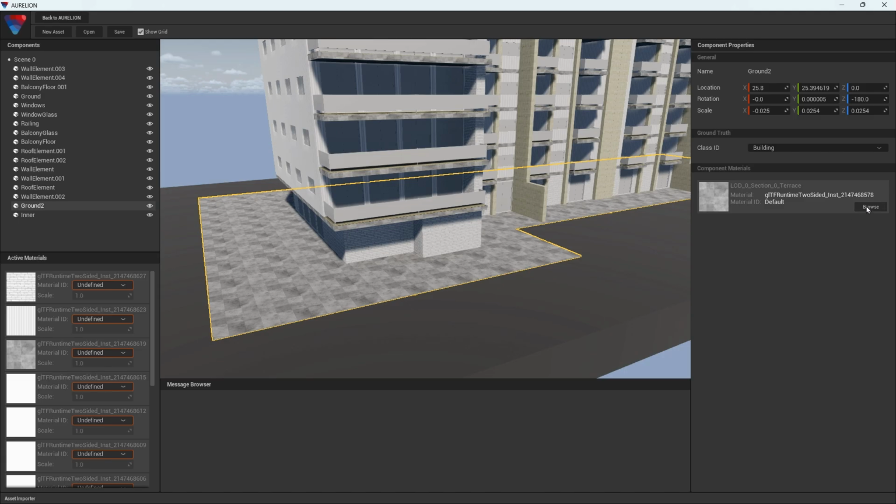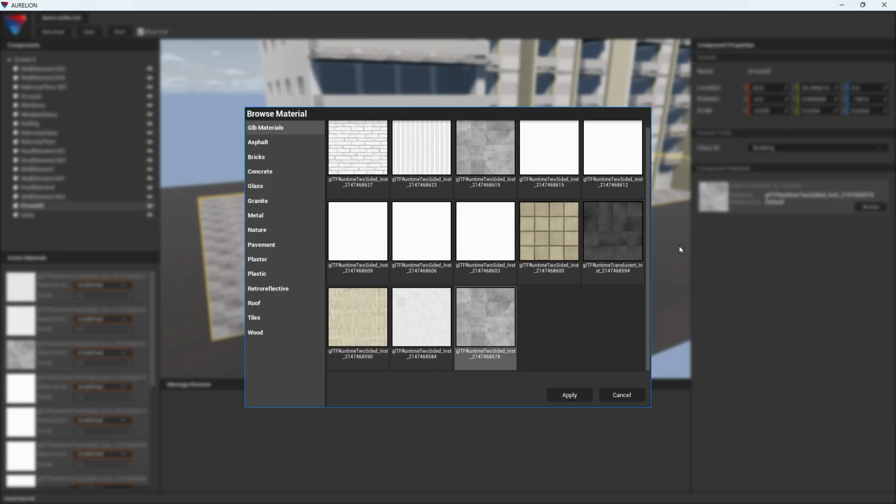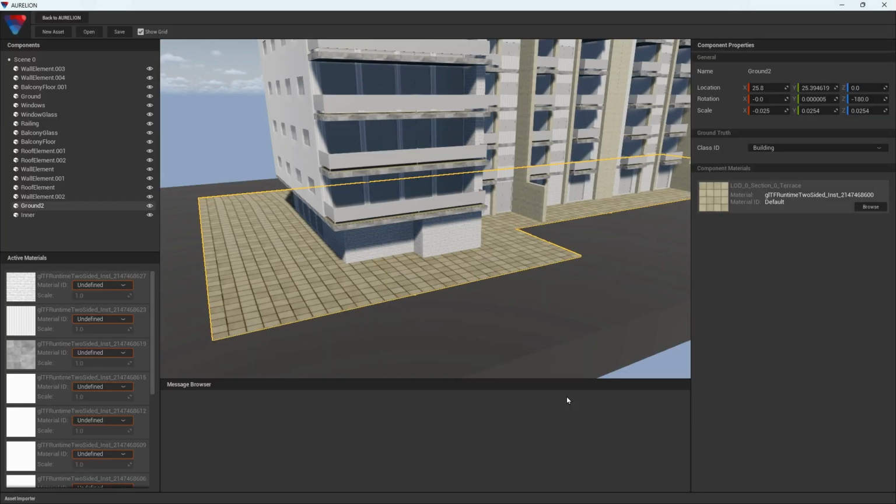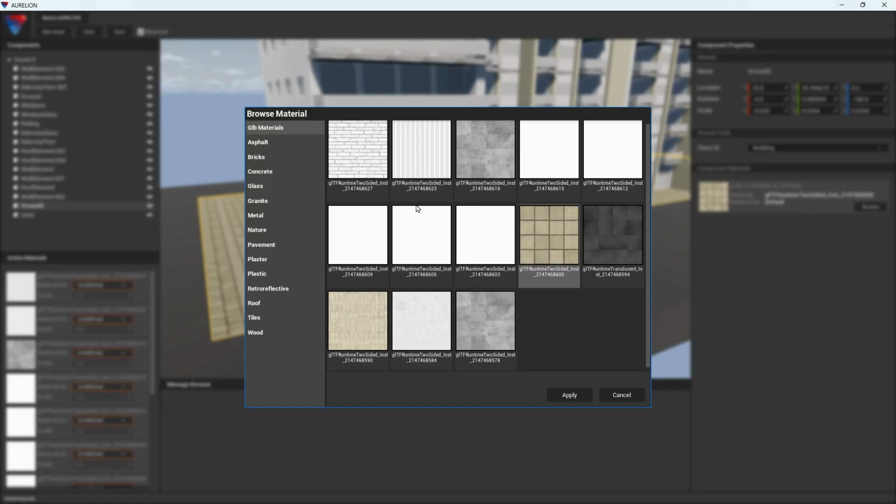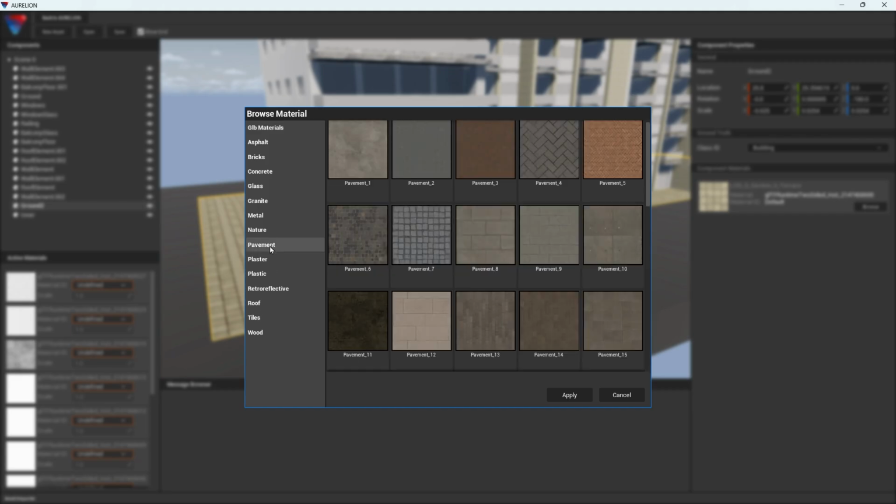Right below there are the materials that are used on the selected mesh. We can click on browse here and select a different material. Here you see an overview of all the materials that are inside of the GLB that we just imported. We could choose any material which is used on a different mesh already, for example like that. But we can also go to a different category here on the left side. For example, pavement.